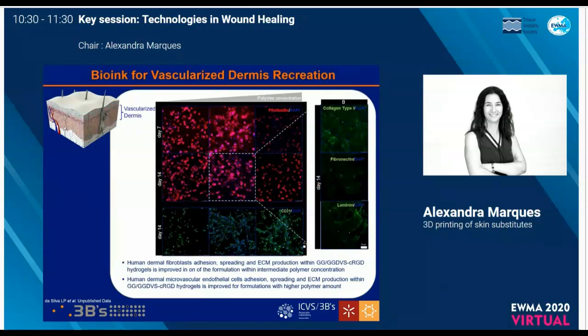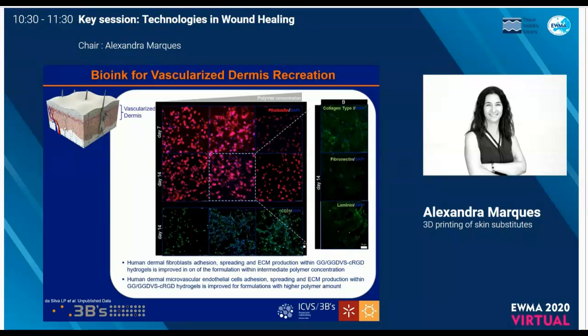When we looked at the vascularized dermis, and here you looked at the two different biological components, the fibroblasts that are the main cell type in the dermis, and the microvascular endothelial cells in this case, to look at the vascularization, we could actually see that, in opposition to the keratinocytes, the fibroblasts had a preferred formulation of the material in which they adhered better, and they actually proliferated and deposited matrix that is typical of the